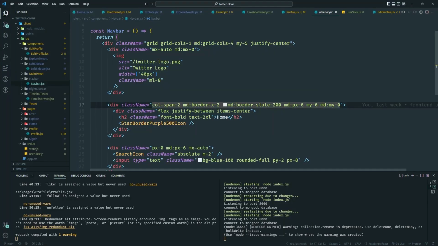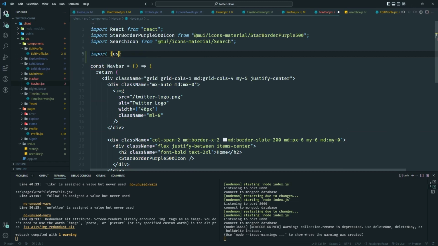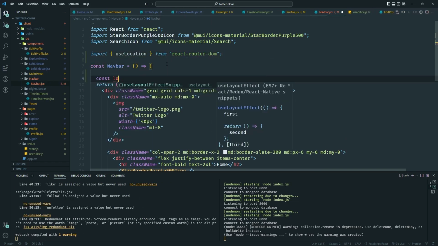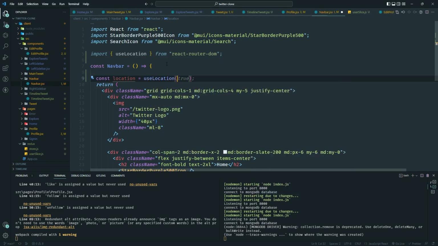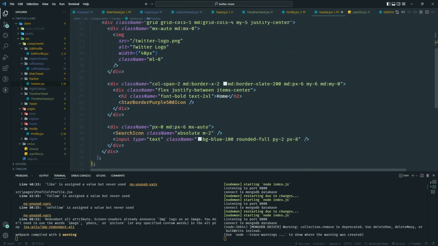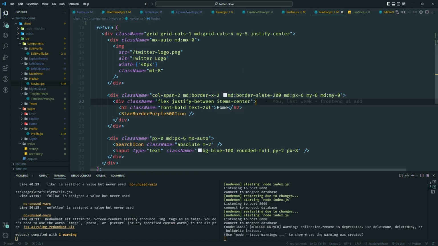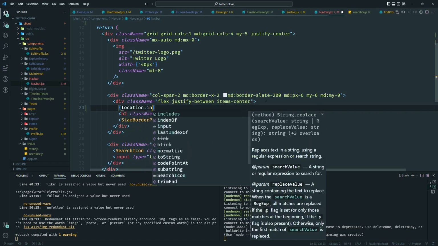We can do that. So let's bring in something from React-Router DOM. So import useLocation from React-Router DOM. Once we have that, let's initialize that location. Let's go to useLocation.pathname. We have that, and then we go back in here, the home, and let's open up the CSS right here, and location.include